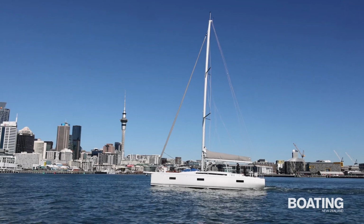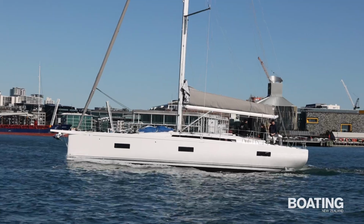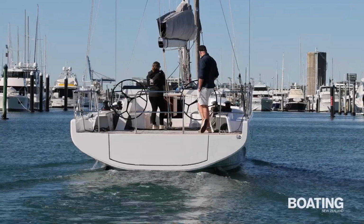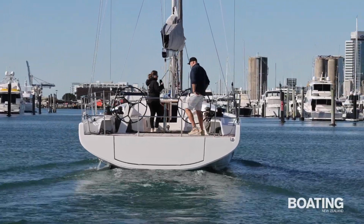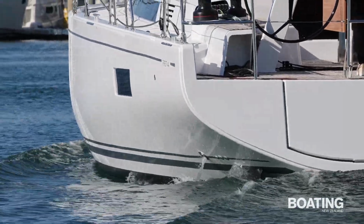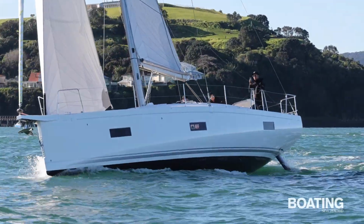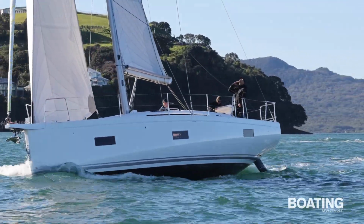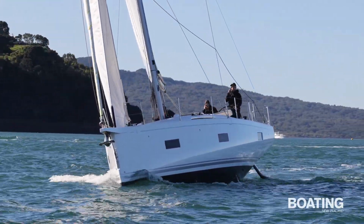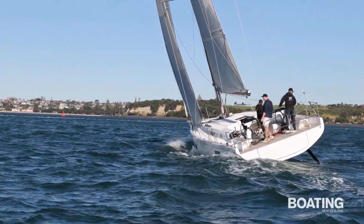Motoring in calm conditions with the 57 horsepower Yanmar diesel proved effortless, the First 44 slipping along at an easy 8 knots. The view from the chase boat showed the yacht's generous beam carried right aft, with a very rounded, soft chine running on the length of the hull. The hull cutaway curve is cleverly disguised from some angles, but when the light catches it right, it's obvious to see. This hull turn reduces the boat's beam at the waterline, reducing its wetted surface area, while still maintaining internal volume and form stability. Twin rudders allow the wide aft sections to lift when heeled, but leave one rudder always